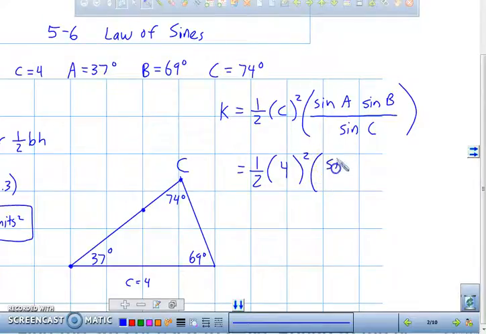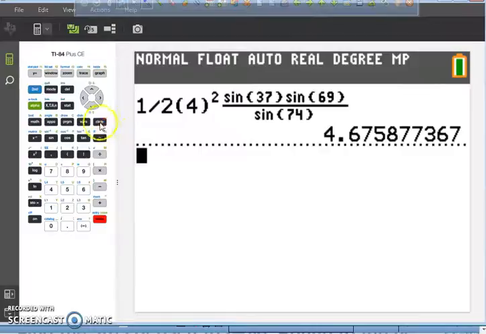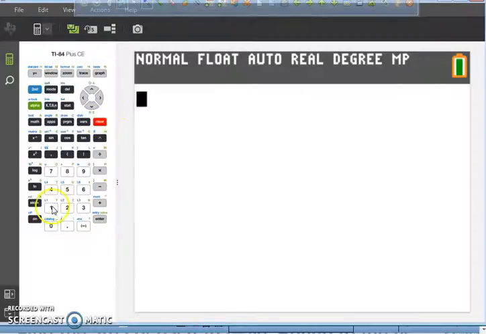Then I'm going to say in the numerator, the sine of A. Well, by the way, wait a second. What is angle? Oh, there's A. There's B. So the sine of A is the sine of 37, the sine of 69, and that's all over the sine of 74. Now this might look a little tricky to plug into a calculator, but we're going to do it together in the calculator. All right? So turn on your calculators. I'm going to clear everything out. I'm going to do 1/2,